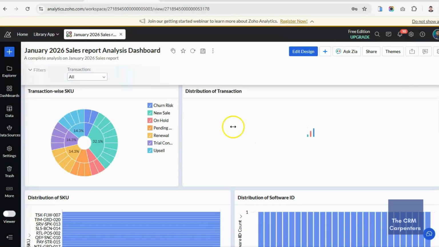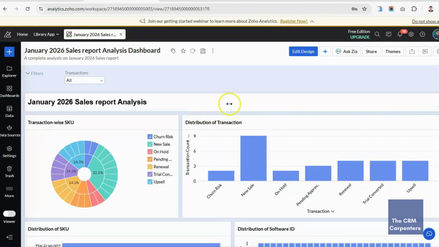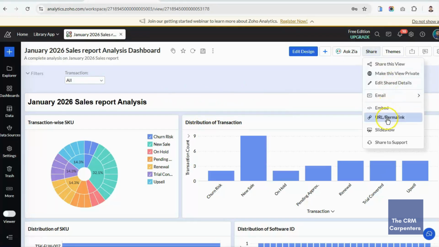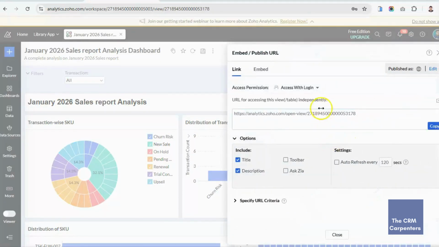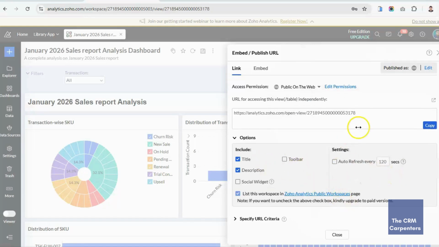So right here you can see all those charts and graphs that you have in your dashboard. To begin sharing that in your Zoho CRM, just click the share button and click the URL permalink. In this section you will be asked the permission you want to save. Drop down here. For today, in our case, we will choose access with organization and select it as public on the web. Then we will copy this link,